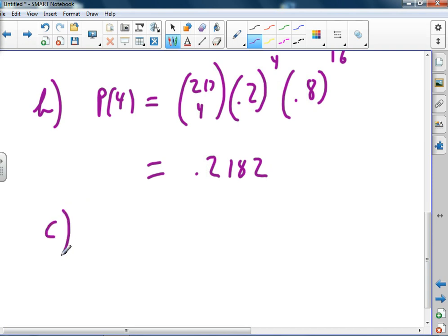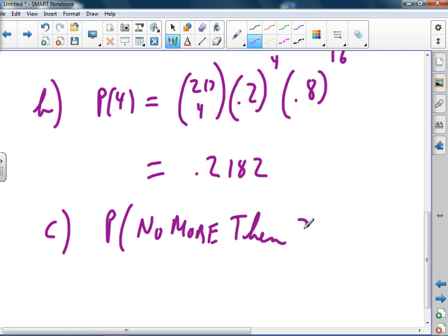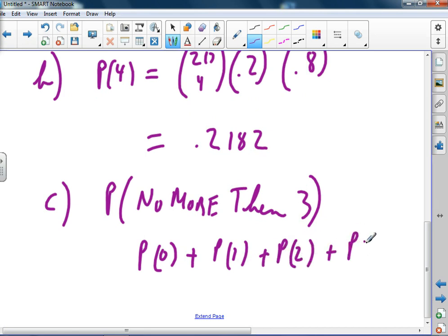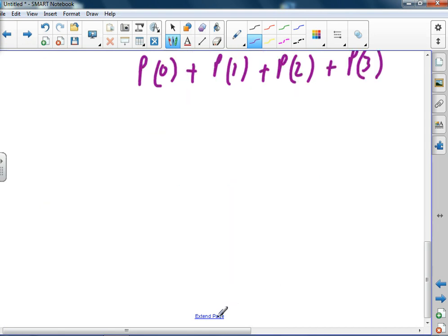C. Compute the probability that no more than 3. Well, that'd be the same as the probability of 0 plus the probability of 1 plus the probability of 2 plus the probability of 3, right? So all we have to do is calculate the probability of 3 and then add it to what we had in the A answer. 20 things taken 3 at a time,